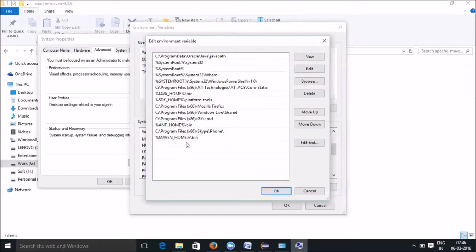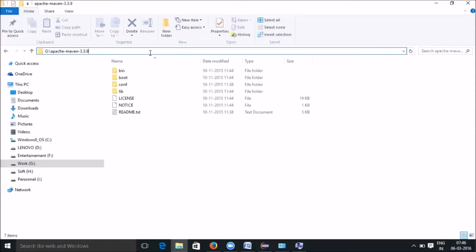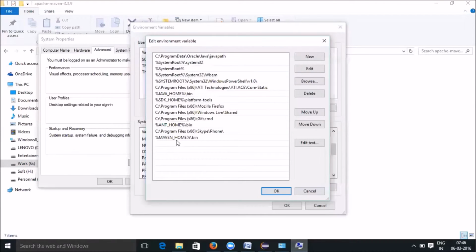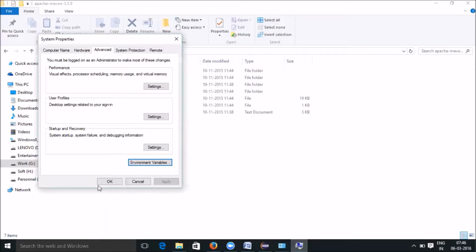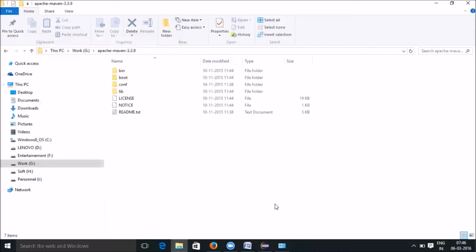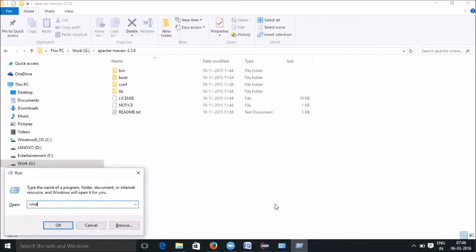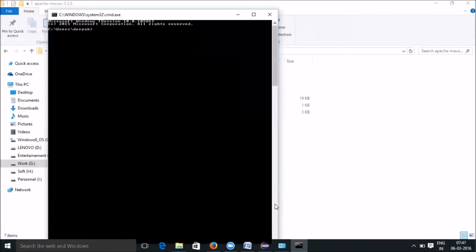At runtime, the MAVEN_HOME path will be replaced, and then slash bin, so at runtime G:\apache-maven\bin will be available to the system. Click on OK, click on OK, and then click on OK. Now open another command prompt. Please do not use the previous window.